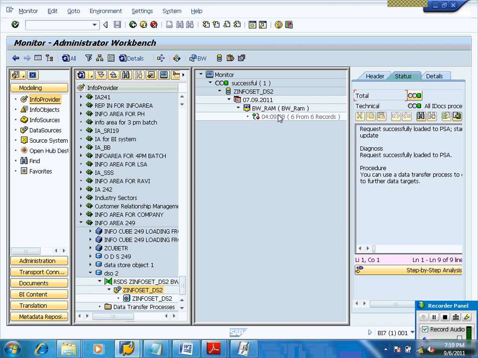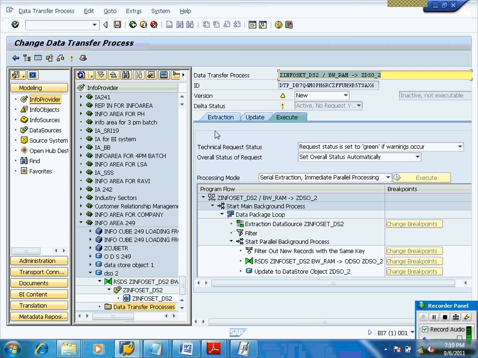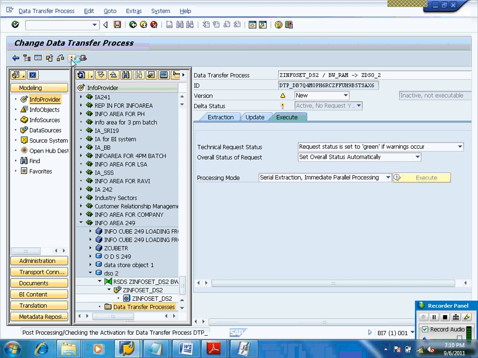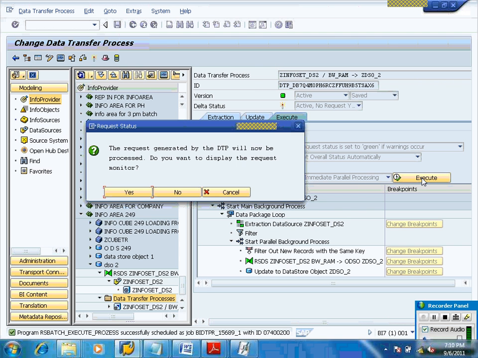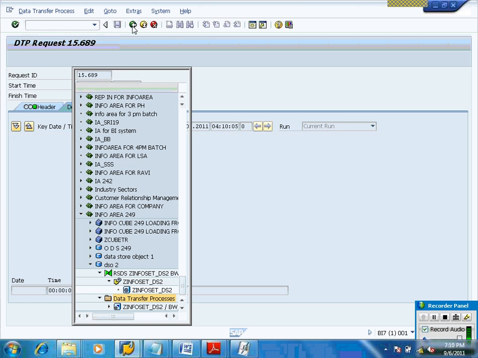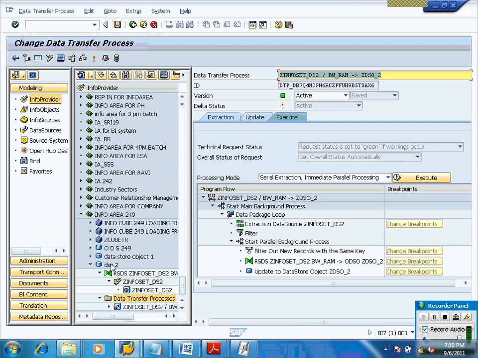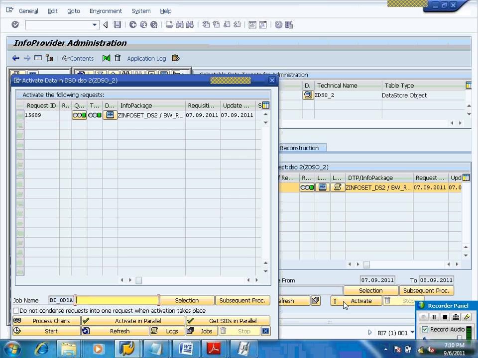Then yes, you have 6 records in the file. Now all these 6 records are transferred, then create DTP, then click on continue and activate this one. Then click on execute. Now 6 records are transferred. You need to activate, so go to manage, select this request and activate the request.